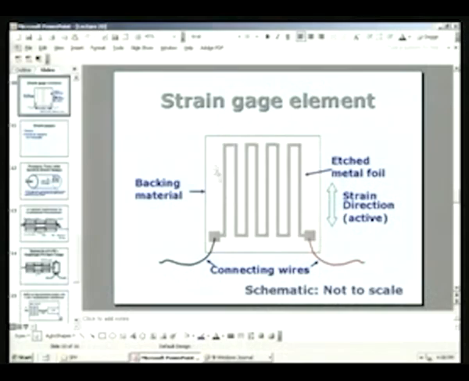It consists of an electrical conductor, or it could also be a semiconductor. Nowadays, semiconductors are also used because they are much more sensitive than metal elements, and it is arranged in this form, what is shown here. Several lengths, in this case you have a long length of wire twisted around like this,